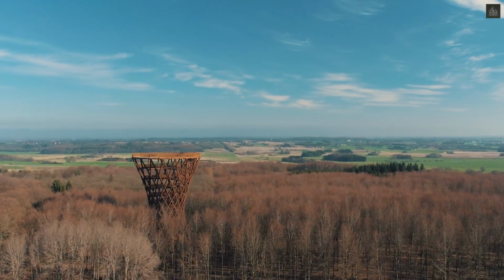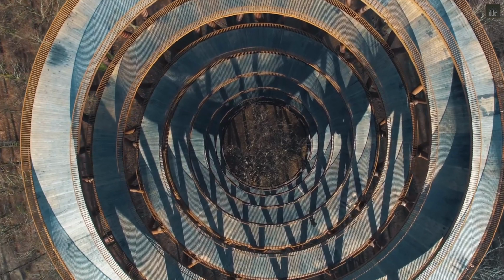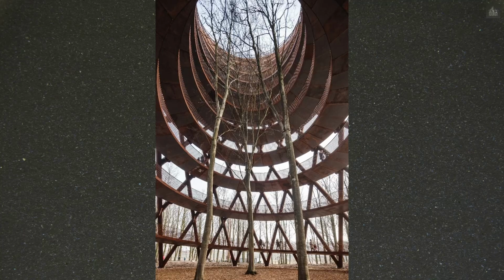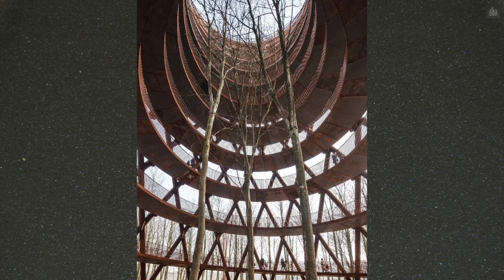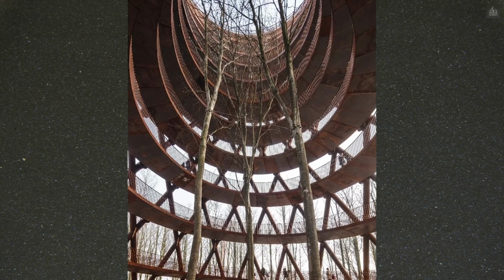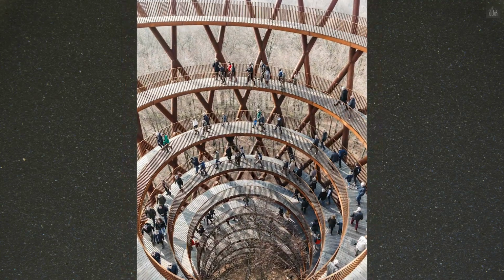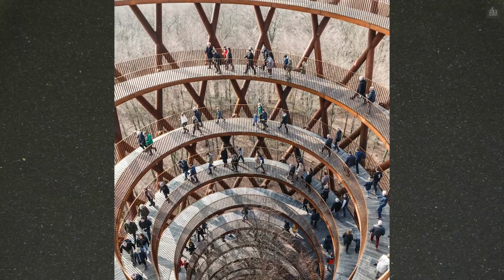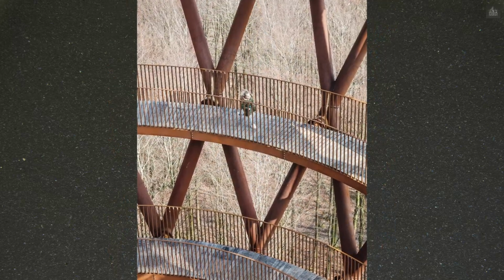Its construction began in May 2018 and was completed in March 2019, marking a significant achievement in sustainable and innovative design. The tower is part of the larger Camp Adventure Park, which includes treetop climbing, zip lines, and a 900-meter elevated boardwalk that winds through the forest. The boardwalk, designed to minimize environmental impact, zigzags between trees and over streams, leading visitors to the base of the